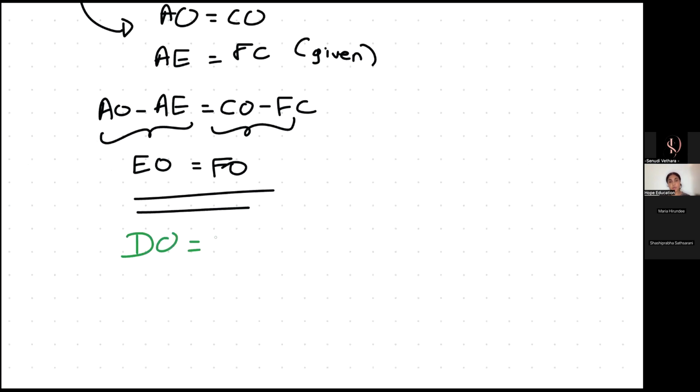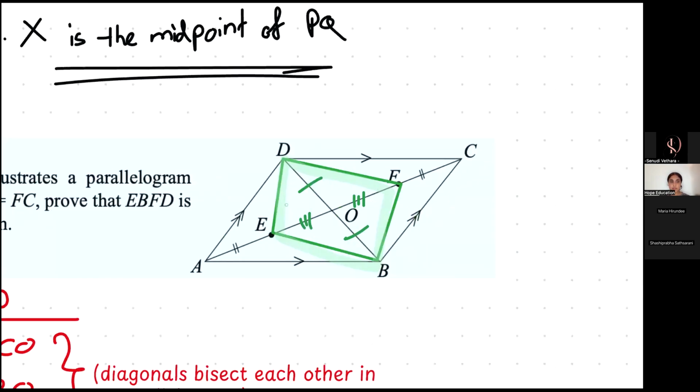I will write this as proved above. We already proved it above. Look, EO and FO, and here DO and BO. These are the diagonals of this small one, right? See here. EO and FO, and on this side DO and BO. These are diagonals of the small